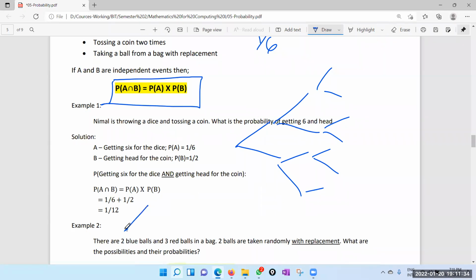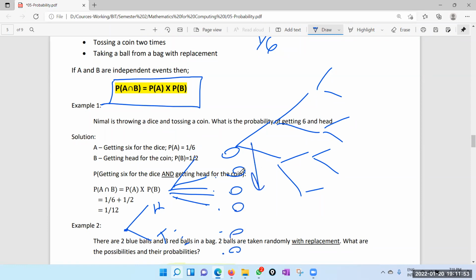Say this is getting head or tail, and this is dice. There are 6 outcomes, getting 1, 2, 3, 4. Then head 1, head 2, tail 1, tail 2, and so on. Again, they are independent. You can multiply, and the outcomes are mutually exclusive. Therefore, you can add. If someone asks what is the probability of getting head 1 or tail 1,